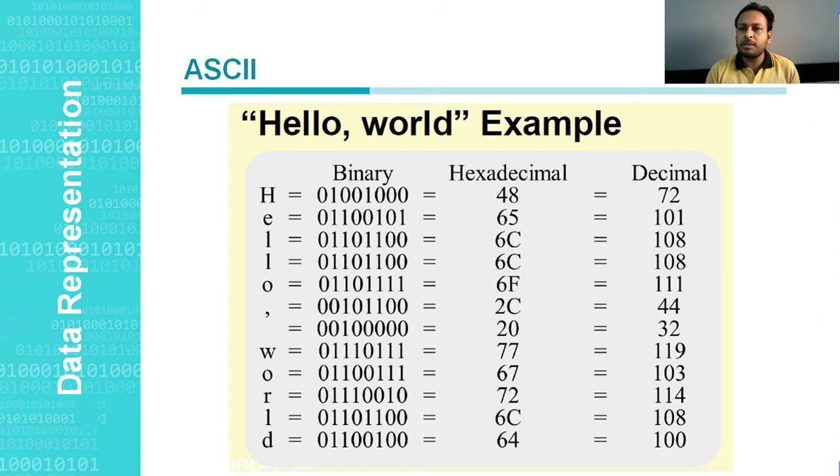And for small letters, the small alphabet starts from 97. So you can calculate also. How to do it? Convert the binary number into decimal and identify. Or if we remember the key, that A starts from 65 and small a starts from 97, we can calculate and convert that decimal number into binary. I think it is clear.